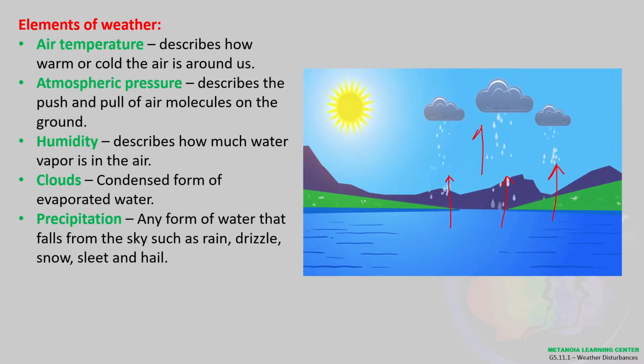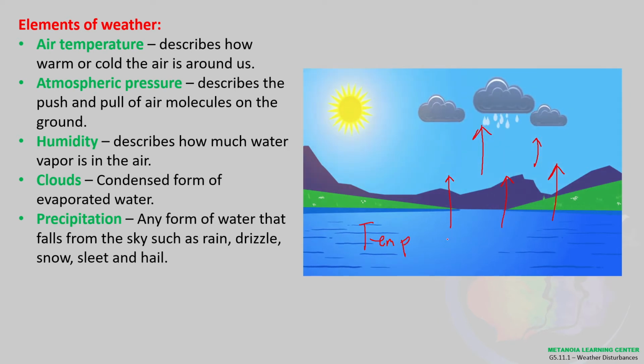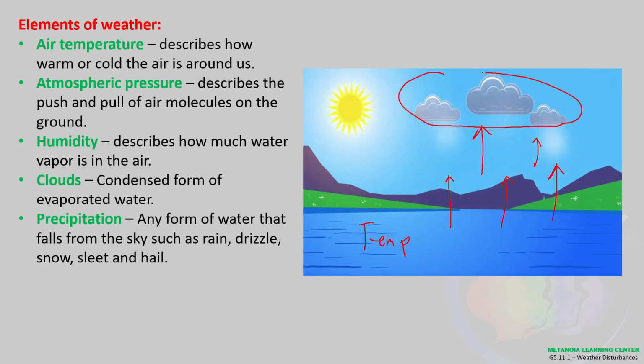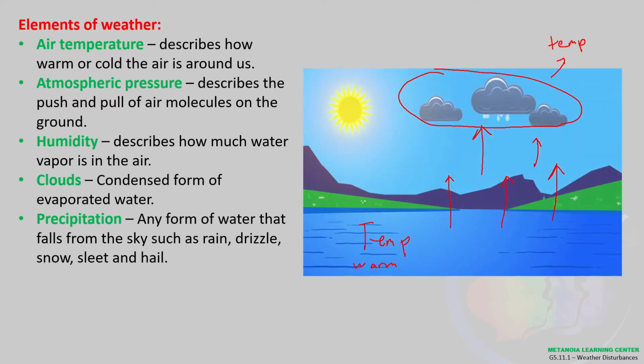Okay. And the reason why it evaporated is because of the temperature present in this area, which is too warm. So the water evaporated, and at some point, kung mapapansin niyo, when it reaches this area, the temperature here is also different. So dito is warm or hot, and dito naman is basically cold.